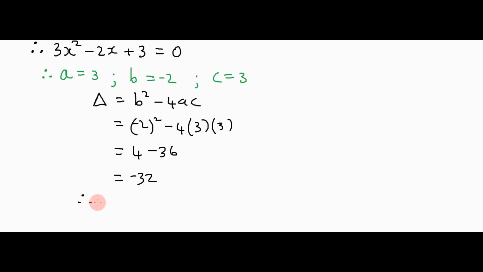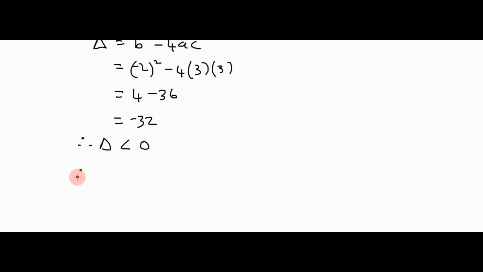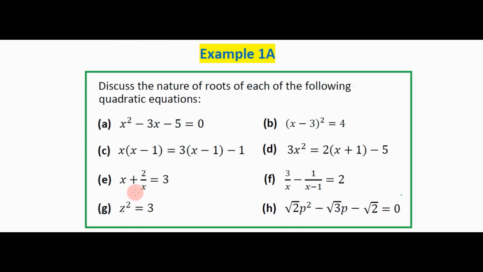So we see that delta is a negative number. In other words, delta is less than 0. And therefore we can conclude that the roots are non-real. So because delta is a negative number or less than 0, the roots do not exist as real numbers. So they are non-real. Then coming to E,